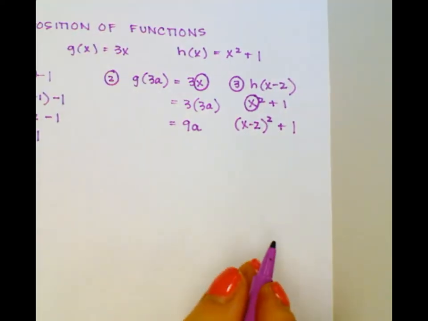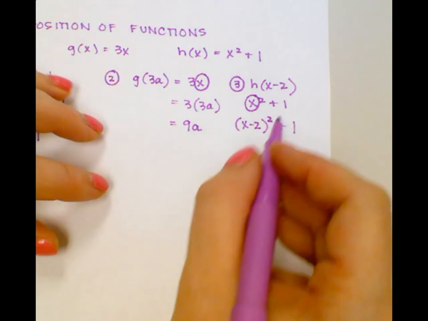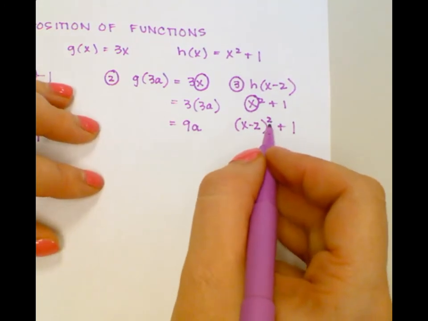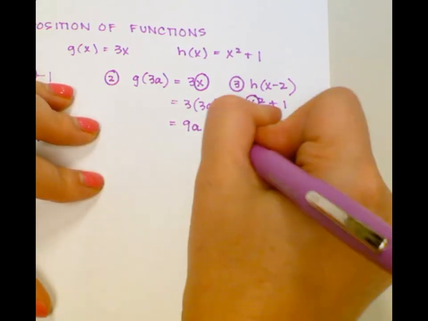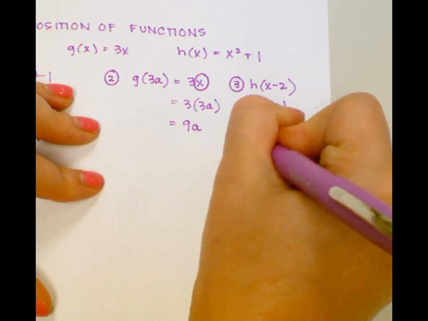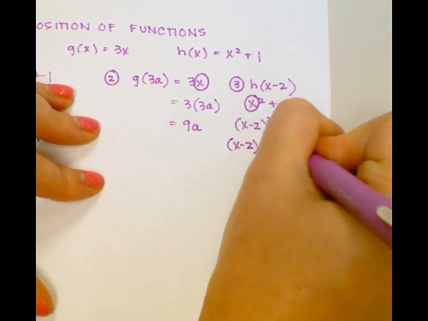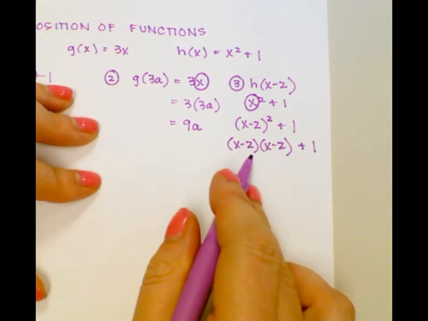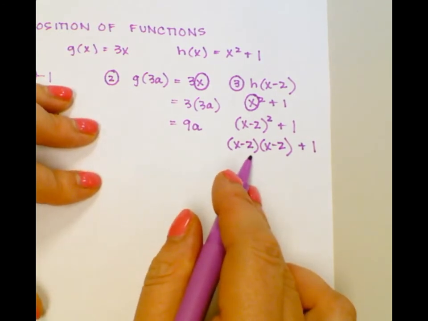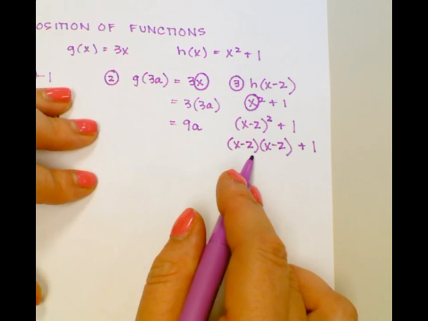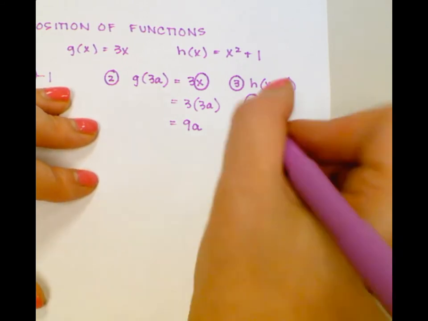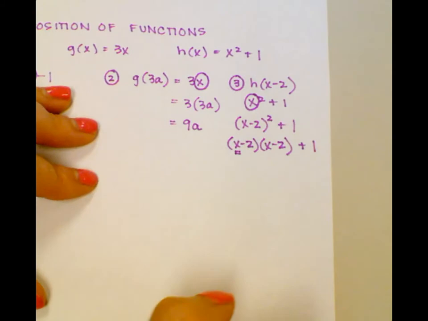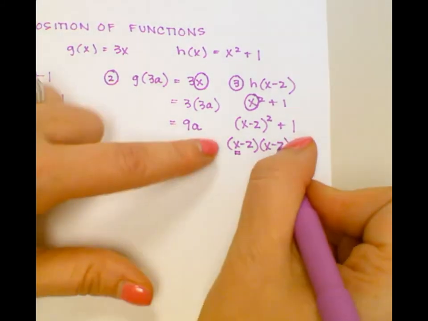Okay, now this is why it's the hardest one. When you have this little baby 2, that means that there's 2 of these. So you have x minus 2, x minus 2. Still have our plus 1. I'm going to go ahead and distribute this. Sometimes your teacher calls it FOIL, distribute, something like that. So I'm going to take this x right here, and I'm going to multiply it by this x and this 2. So x times x,